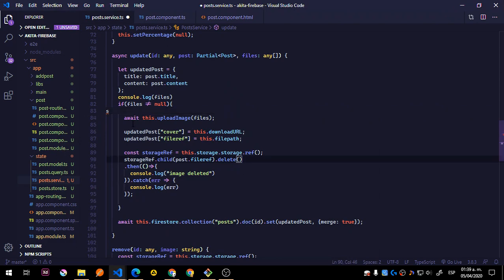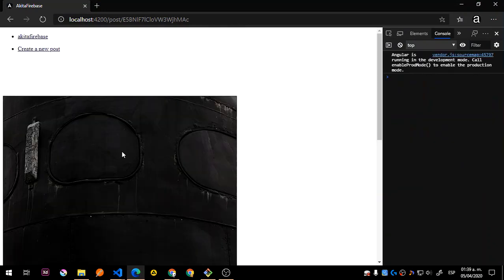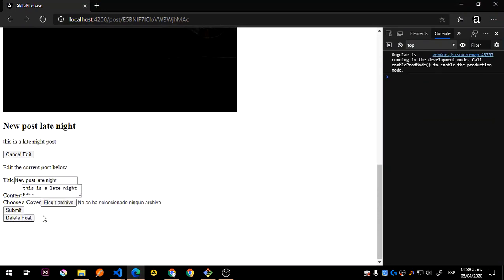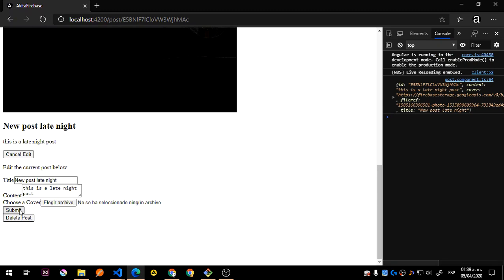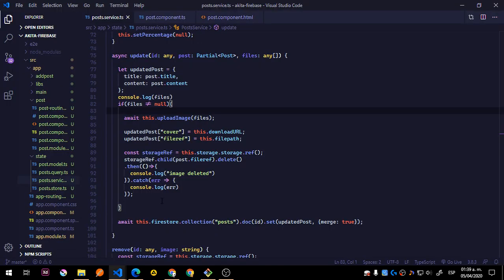So just a little tip, what the hell is that S doing there? Let me just do this one more time, guys. Sorry about this. Submit, and everything is working fine. Let's add a smiley face because we should be happy. Okay, so again, if I don't get any other stupid thing now,